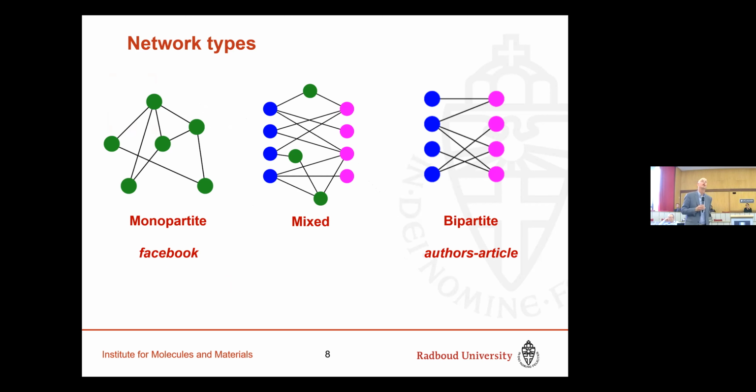But anyway, you have different network types. One of them is called monopartite, where every node can be connected to every other one. And Facebook is an example, right? Everybody can be friends in principle with everybody else. A different type of network is bipartite, where an example would be an author's article network. I mean, you can't mix them up. And so you have two separate species, but there are many, many links possible. Now, in order to understand what you're doing and predict properties, it's important to know what kind of network you have. You can also have, of course, a mixed type.